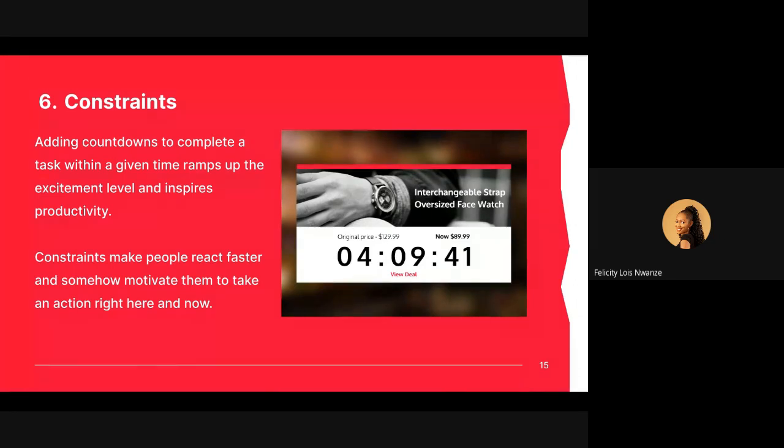You can also see this in fitness apps and all of that. So it motivates you to want to take an action right now, because let's say you see it on an e-commerce app. If you don't buy it now, you're going to feel like you're missing out on a good price or you're missing out on a good product. So yeah, constraints is a very important mechanic in gamification. Now there are other mechanics like feedback, avatars, levels. But the ones I just mentioned are the main ones. If you read more about it, you will see other mechanics in gamification.